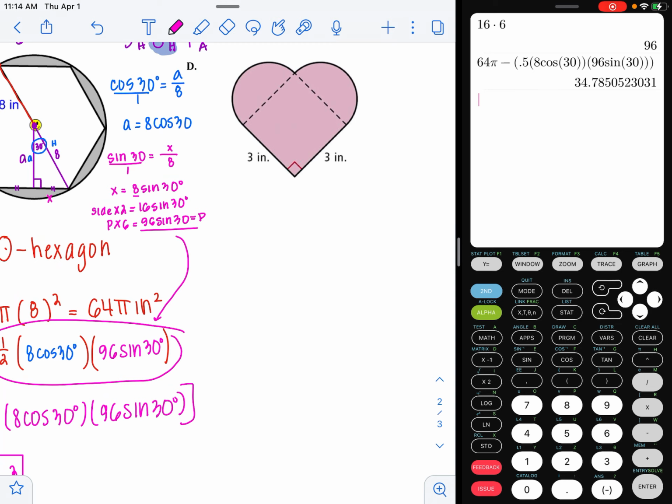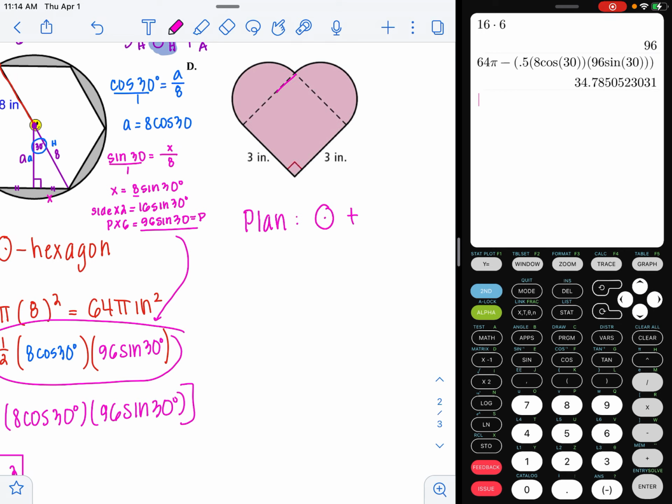All right, the very last one here. It's a heart, but I don't have the formula for area of a heart. So I have to break it down into what I see. Okay, so what I see first is I see here's a semicircle and here's a semicircle. But if I have two semicircles that are exactly the same, that's just a circle. So I'm going to say my plan is to find the area of that circle